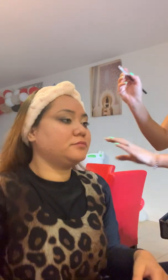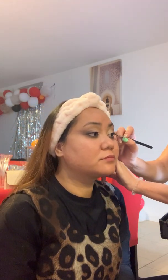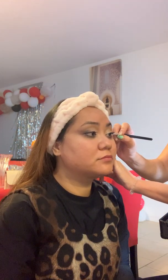Your eye, your hand and your eye, it will naturally glide. Boom. Now, while it's also fresh, I'm gonna take a small concealer brush that we had before that we applied on the eyeshadows. And you see the bottom, I will clean it up. So all I have to do is